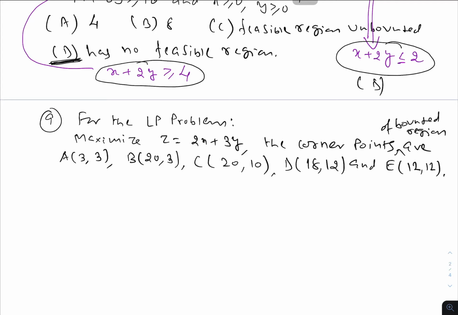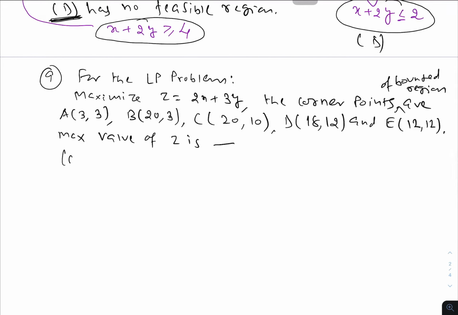The question is the maximum value of Z is blank. So the options here are 72, 80,